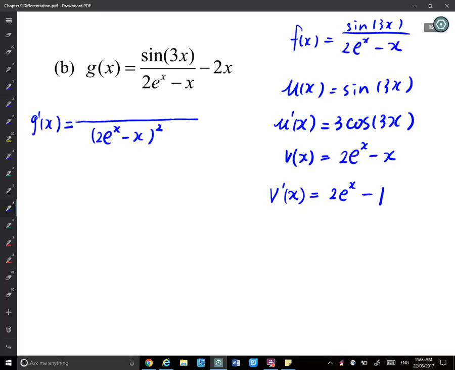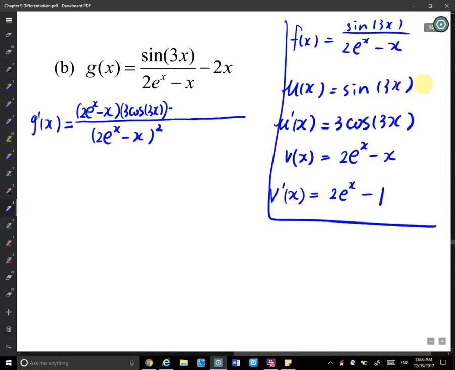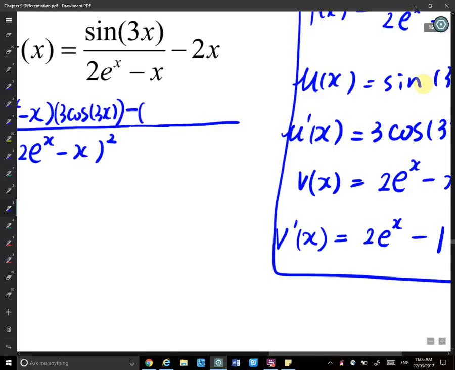Numerator. So you have 2e^x minus x, that's the v(x), and you have the numerator derivative, which is 3 cos 3x. And you will subtract. Now you have the derivative for your denominator as 2e^x minus 1